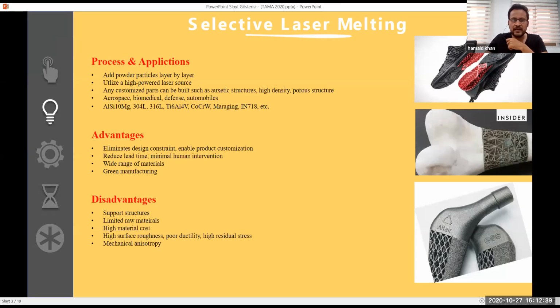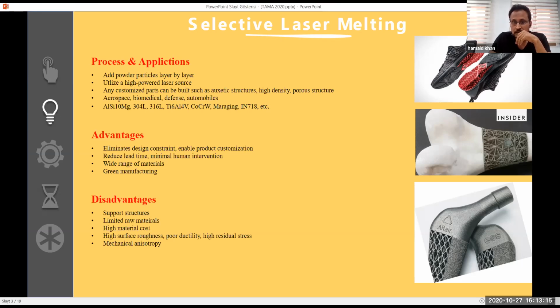What we do is like adding bricks to a wall. It is the same process, where you are adding material one by one to form three-dimensional structures. Here you use a very high-powered laser source to melt those powder particles to form solidified structures. It has several advantages, in that you can make any kind of structure which you may not be able to achieve using conventional techniques. For example, auxetic metamaterials have special mechanical properties unlike anything you have seen in the real world. And you can also produce porous structures used in medical industries, like you can see